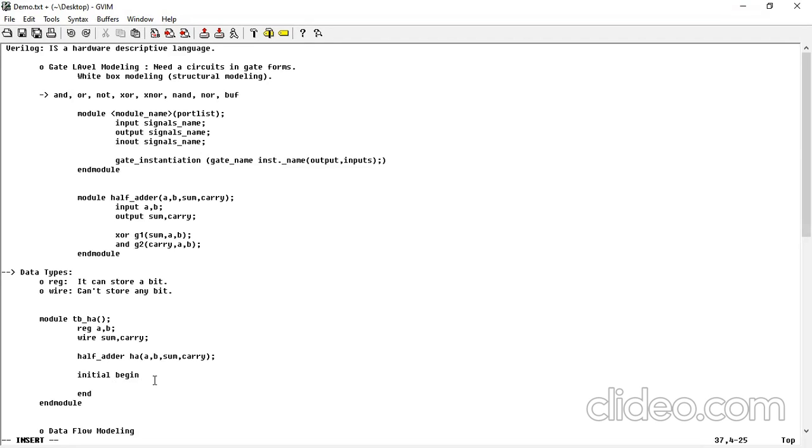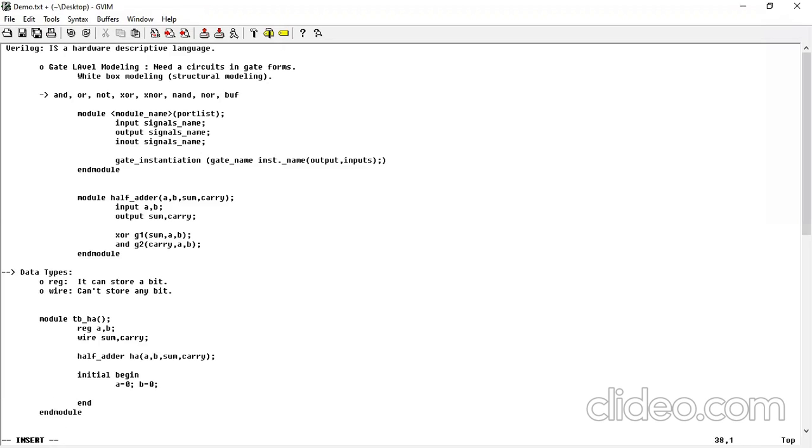Okay, so now here we have to provide the inputs. What inputs are we providing? A equal to 0. Okay, semicolon means the statement is terminated, means the line is terminated. If you write here b equal to 0, it doesn't mean it is a single line. These are two different lines, because you have mentioned a semicolon. So after a semicolon, if you write all the code in a single line, it doesn't matter. Okay,